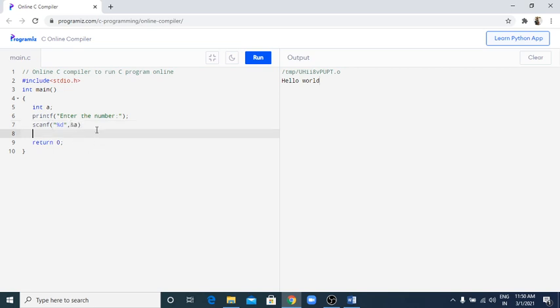In the previous session we saw the formatted and unformatted input output functions. So printf and scanf are nothing but formatted input output functions. Why are they called formatted input output functions? Because they have a specific structure.